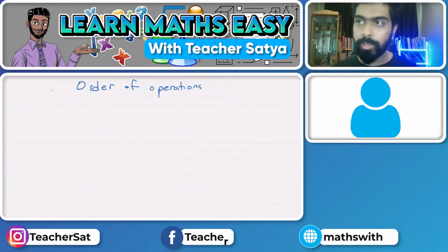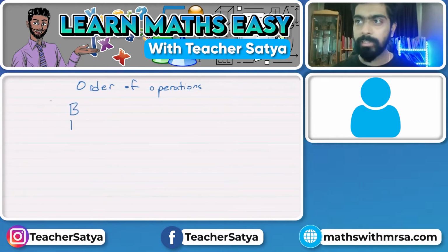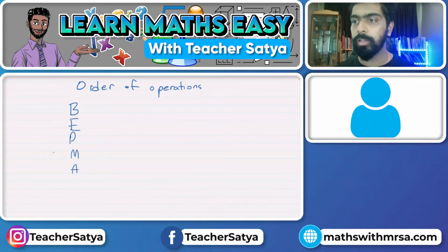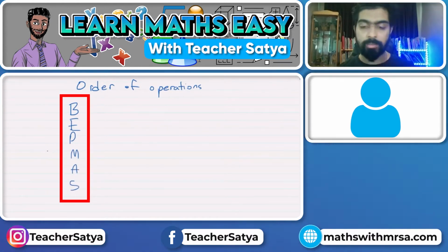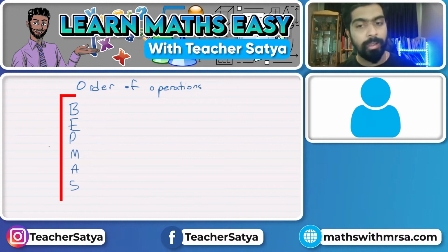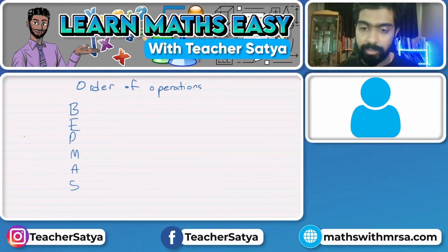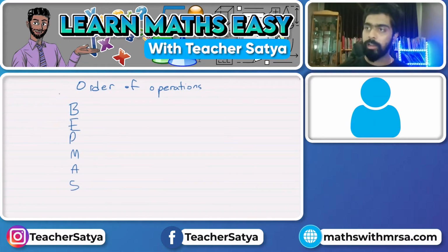So what we'll be looking at is BEDMAS. Now we have many names for this. There's the name BODMAS, there's the name PEMDAS, there's the name PEDMAS, but we will be using BEDMAS. And BEDMAS stands for brackets,